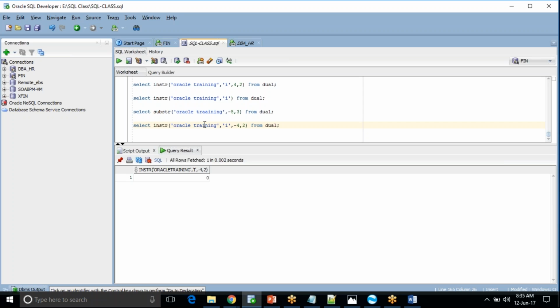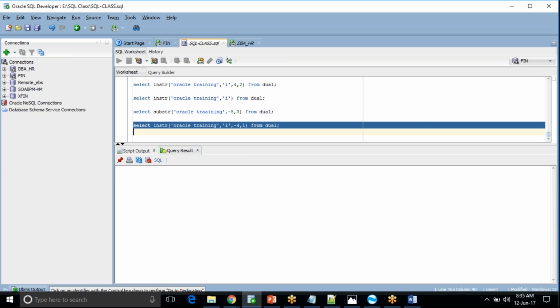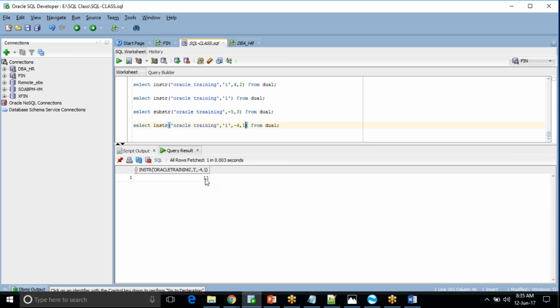From the fourth position, there is no second occurrence of the I. There is only one occurrence, right? So if you give 1 here, what are we going to get? 11. It will go 4 characters back and search for the I. The first occurrence is this one, and the position is